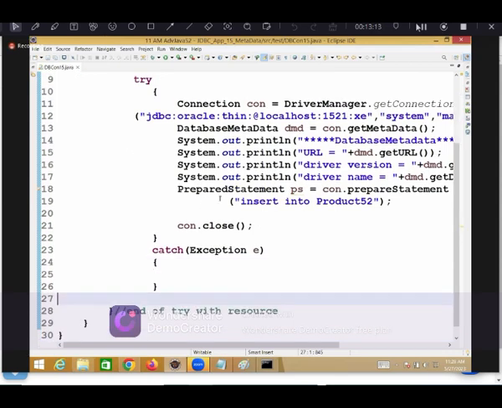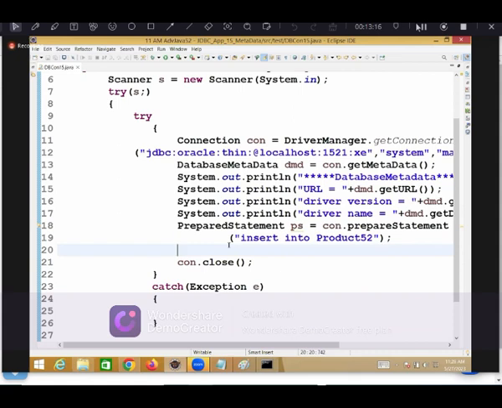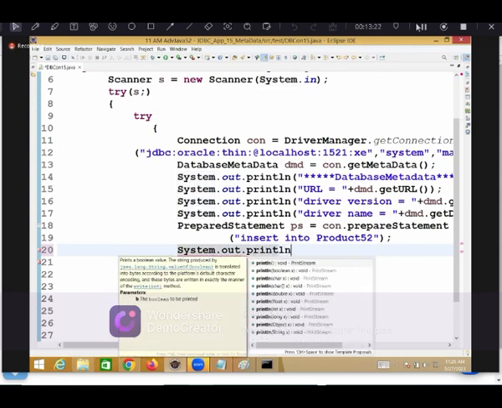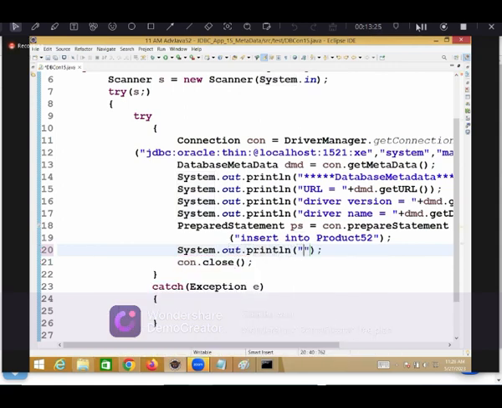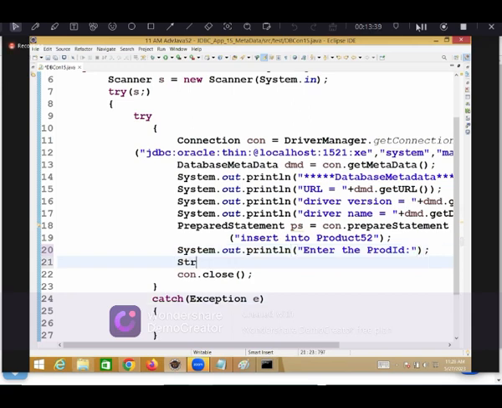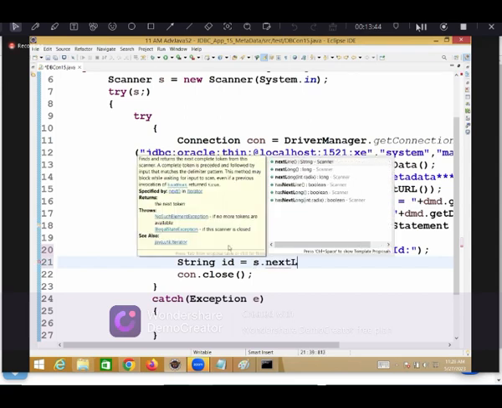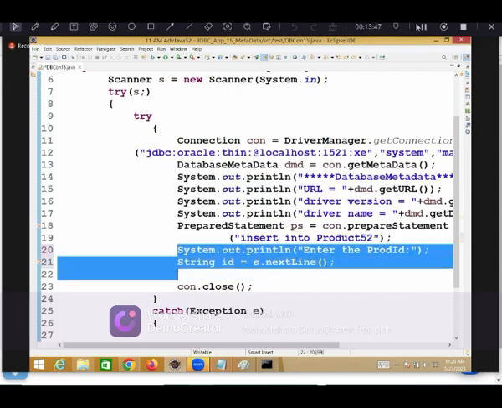You keep it inside. Now here, System.out.println("Enter the product ID"); String id = s.nextLine();